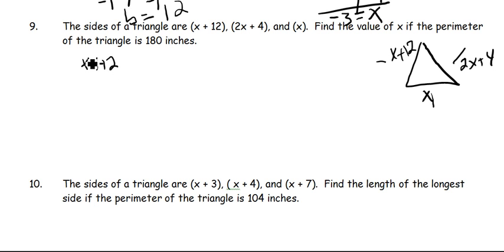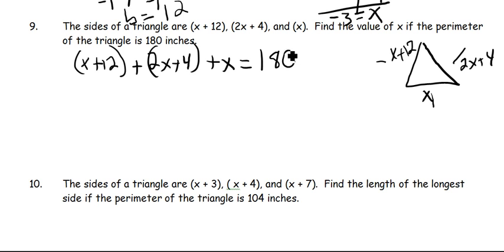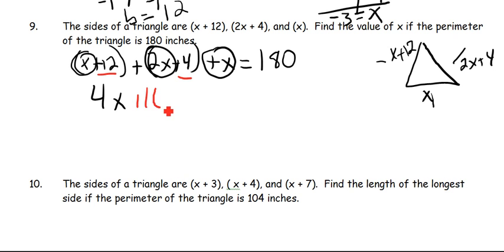x plus 12 plus 2x plus 4 plus x equals 180. Now we add our like terms together. x, 2x, and x. If we add all those together, we get 4x. Now let's add our constants together. There's 12 and 4. When we add 12 and 4, we get plus 16